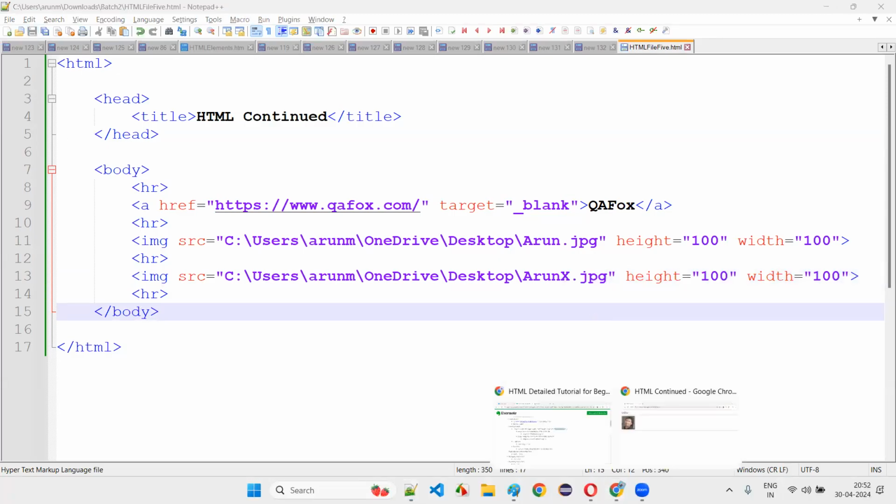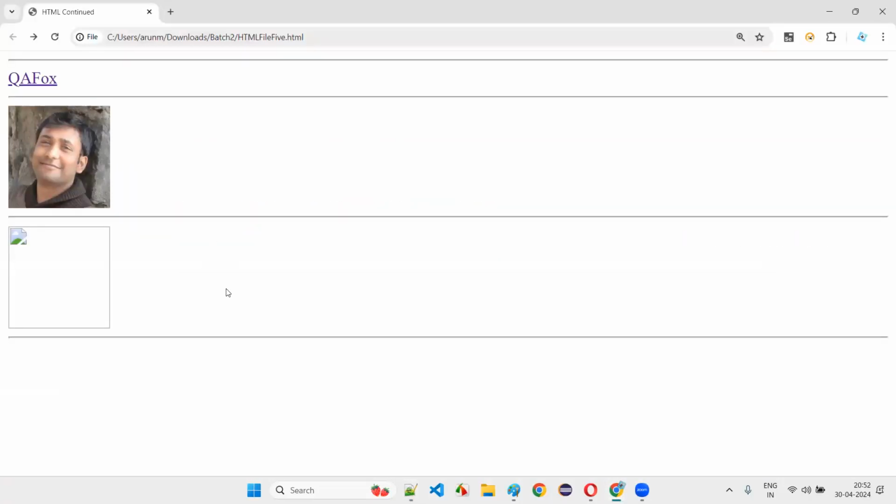In that case, what will happen? If I refresh this page, what is happening, guys? A broken image is coming. If you give the path of an image that doesn't exist, what is coming on the web page? A broken image with the same height and width. That's okay, but it is a broken image. Everyone type in the chat box, it is a broken image.